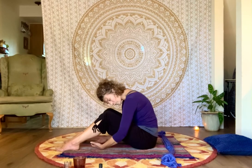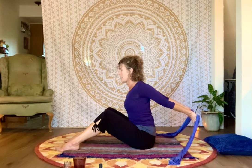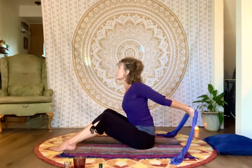And then roll your way up, and we're going to oppose that action by opening up the chest. So you reach back for your scarf, and before you go too far with it, you just practice rolling the shoulders back and down. So you get that movement, that shoulder loop back and down. And then possibly lift the arms up. And what I like to do, I'm going to do it 3 times, is I bring it up pretty deep, take a deep breath here,